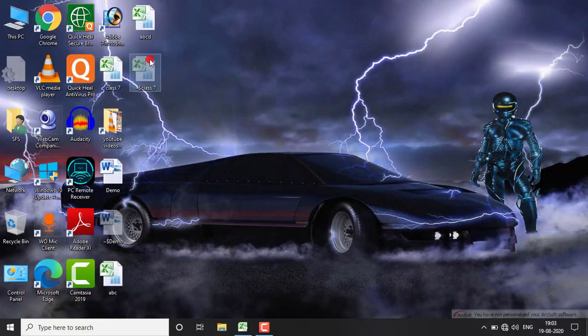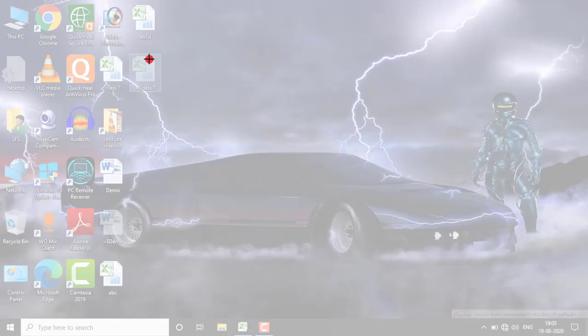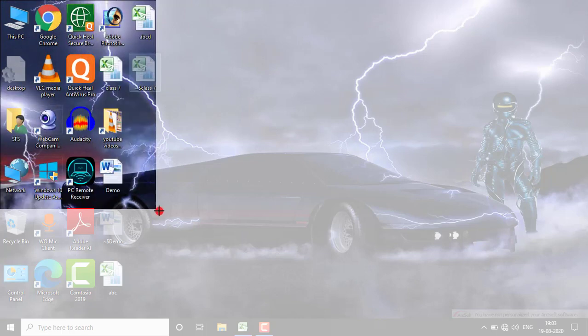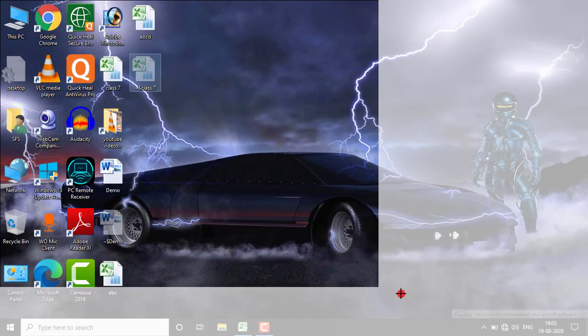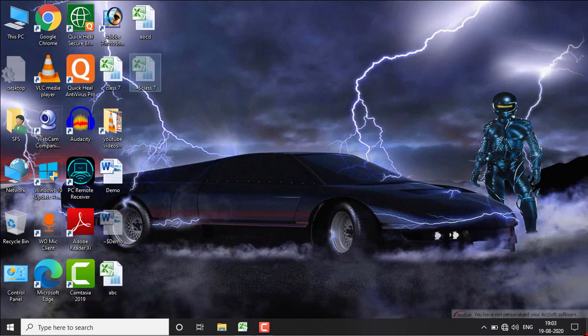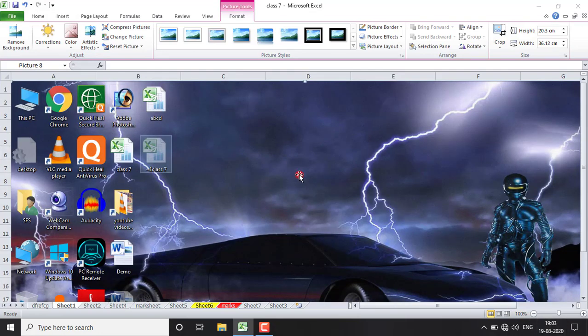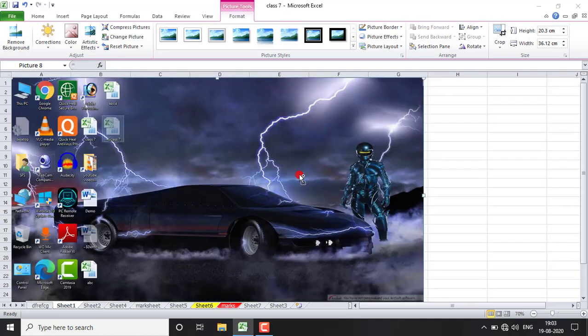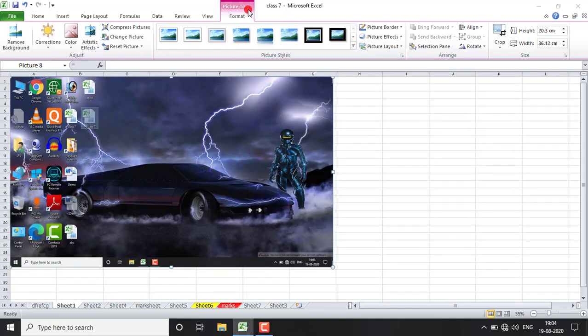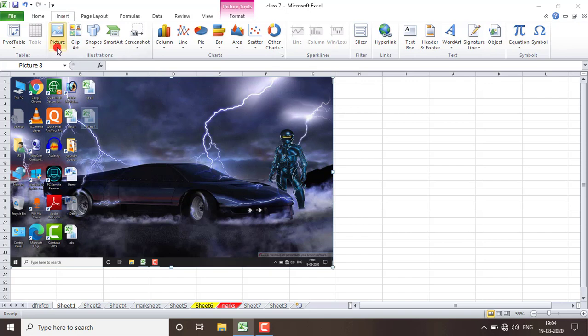As you do this, your MS Excel will minimize automatically, then your screen will turn to this blur shape. Now press the mouse left click and drag your mouse like this. Select the area of which you want to take the picture, and as you leave the left click of your mouse, your MS Excel will open. This is your screenshot. Now again, if you want to make any changes in the screenshot, you can do it from this format. If you want to change the color and whatever, rest of the things are same as we did in this picture and clip art.